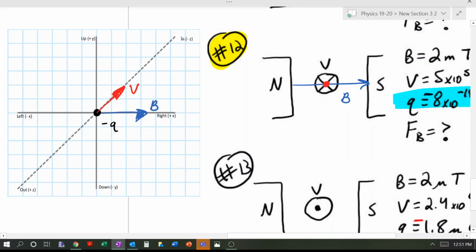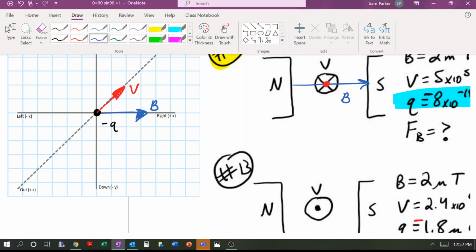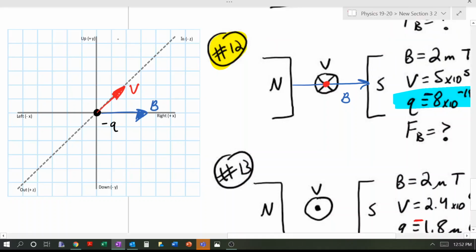So for the force, the right-hand rule will give us one direction, but since it's negative, don't forget we have to flip it. So let's see. When I use the right-hand rule, I get that the force is down. The force is down, but because it's a negative charge, we have to flip that 180 degrees. The force is up. Okay, the right-hand rule did give us down, but because it's a negative charge,